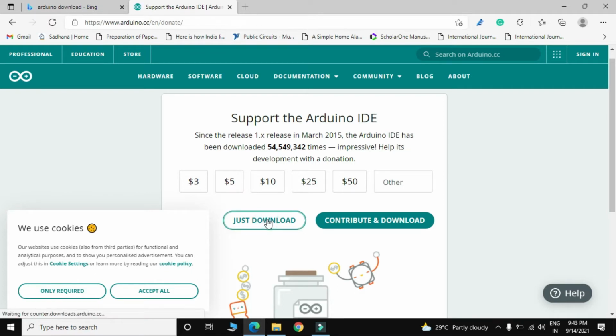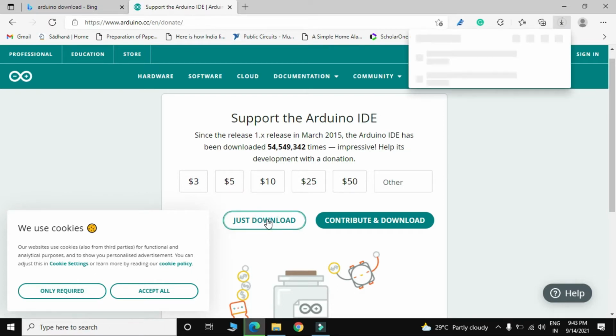So I just go to downloads. As you see, the software is 113 MB. So it will take around 1 minute. So when it is completely downloaded, I also tell you how to install this Arduino IDE into your system.